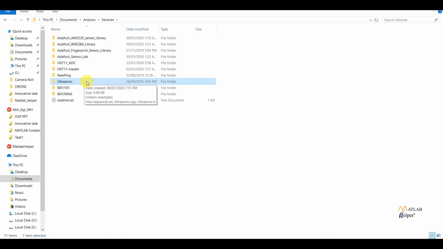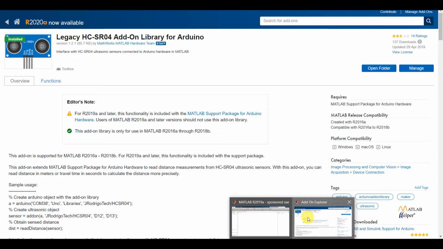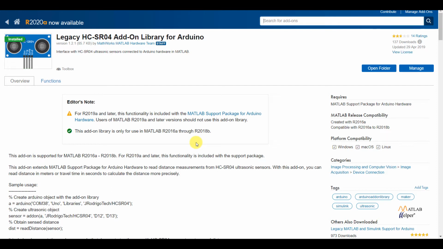Basically, first you have to download the zip file, unpackage it, name that folder ultrasonic, and move it into the folder Documents, Arduino, and inside Arduino you will find a libraries folder, and you have to move the folder there. So this was all about the installation of the ultrasonic sensor library add-on. Now we have installed both libraries.